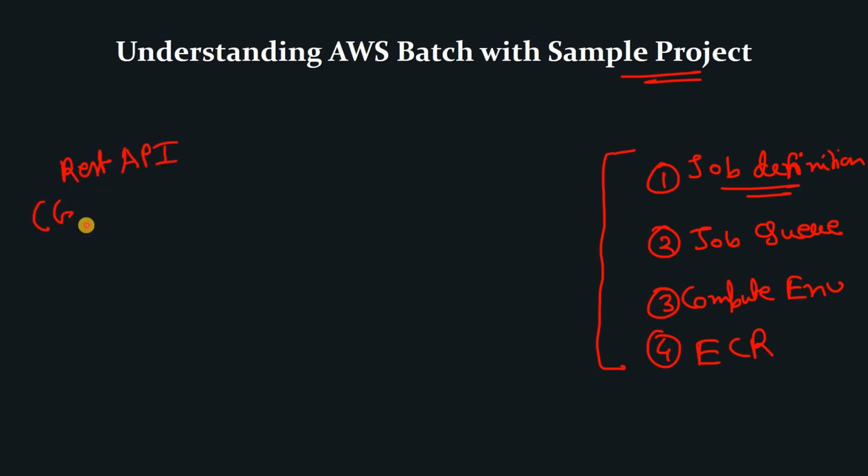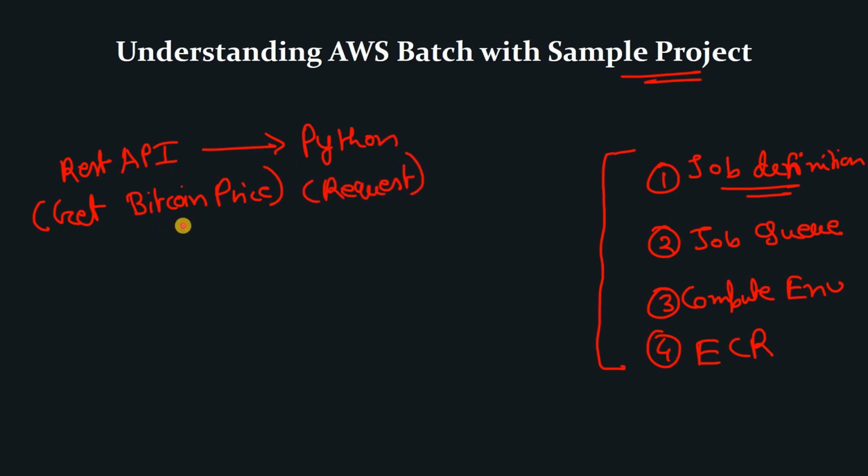and that can be used to extract the current Bitcoin price. Okay, so here we will be having some Python code using the requests module. We will be making a GET request and we will extract the current Bitcoin price, and that we will insert in DynamoDB, DDB. Okay, so this particular pipeline I have already discussed in my previous video while covering AWS Fargate in ECS, or Elastic Container Service. You can refer to that particular video.